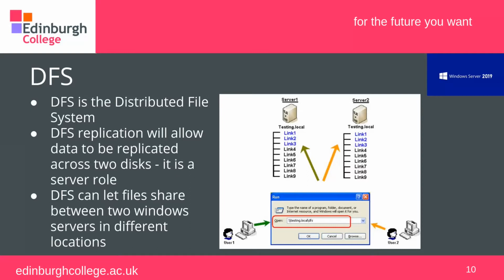So you could create a DFS volume, a distributed file system volume. And what Windows Server would be able to do is sync the data across both disks, which would be transparent to the end users. And when they looked at it, they would think that it was the same disk. All right, they wouldn't know that they were syncing. Now, there's a couple of configuration options that you can do with DFS, and